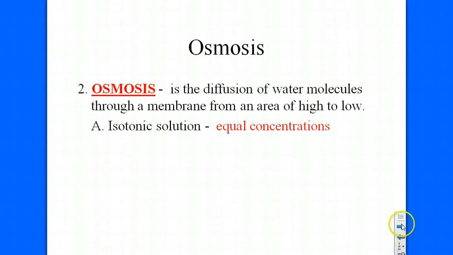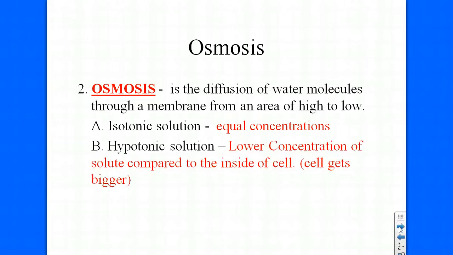So as we learned earlier this year when we talked about concentrations of solutions, water is considered a solvent. Many substances can dissolve in it. Those are the solutes. When you have an equal concentration of water and solute, we call this an isotonic solution. Isotonic solutions means that there's the same concentration of water on the inside of the cell as the outside of